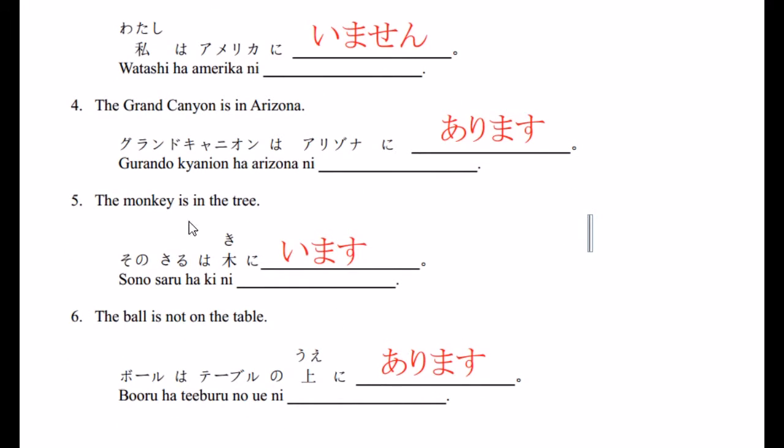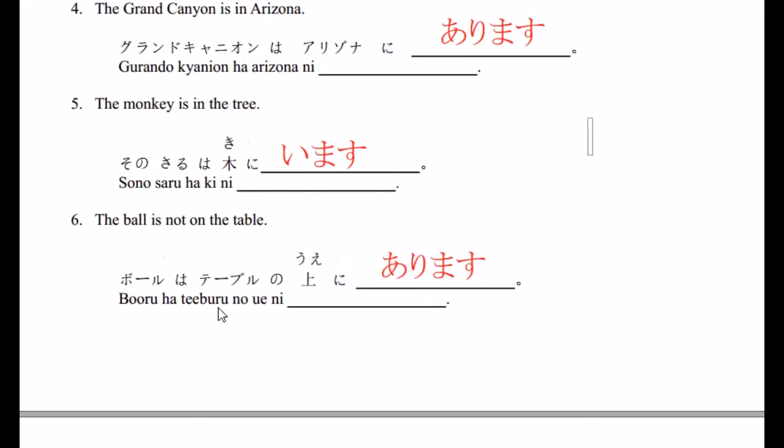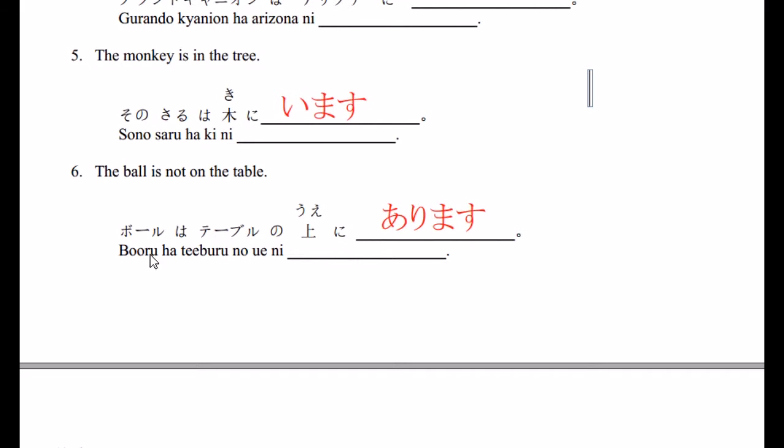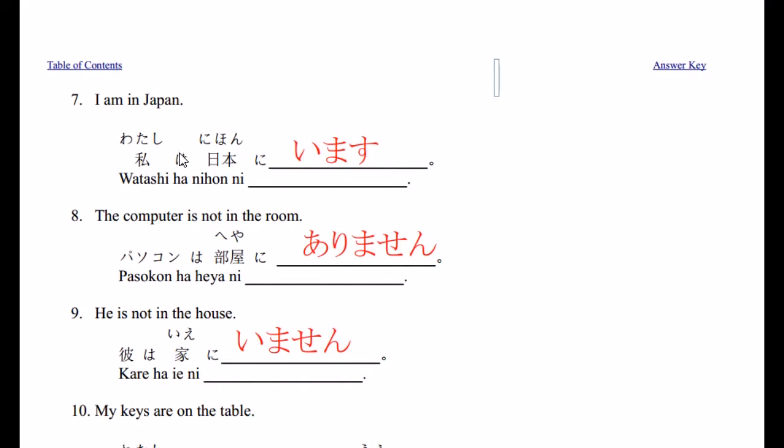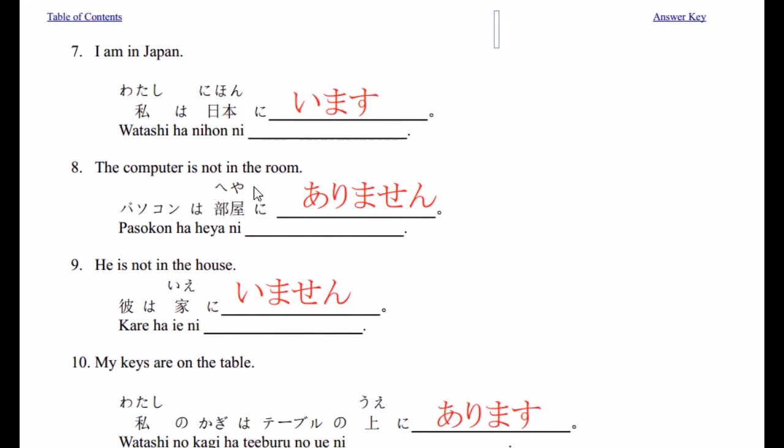Number 4, グランドキャニオンはアリゾナにあります。So of course, あります because the Grand Canyon is a thing. Number 5, the monkey is in the tree. その猿は木にいます。So of course, a monkey is a living animate thing, so we use います. Number 6, the ball is not on the table. ボールはテーブルの上にあります。Okay, and number 7. I am in Japan. 私は日本にいます。